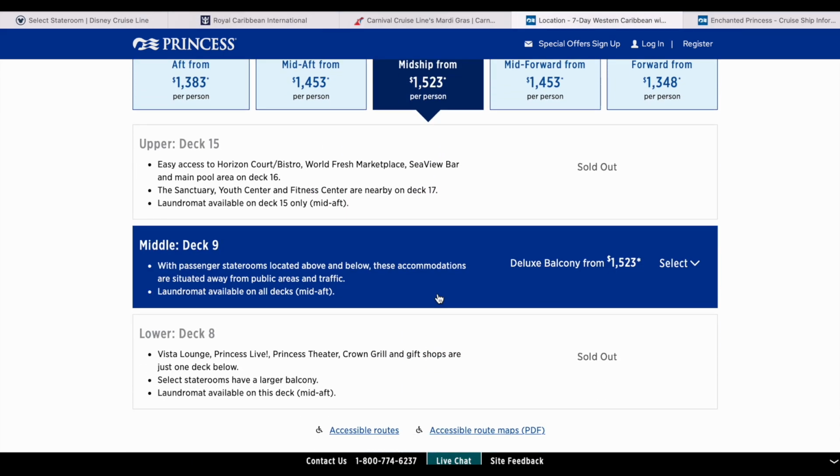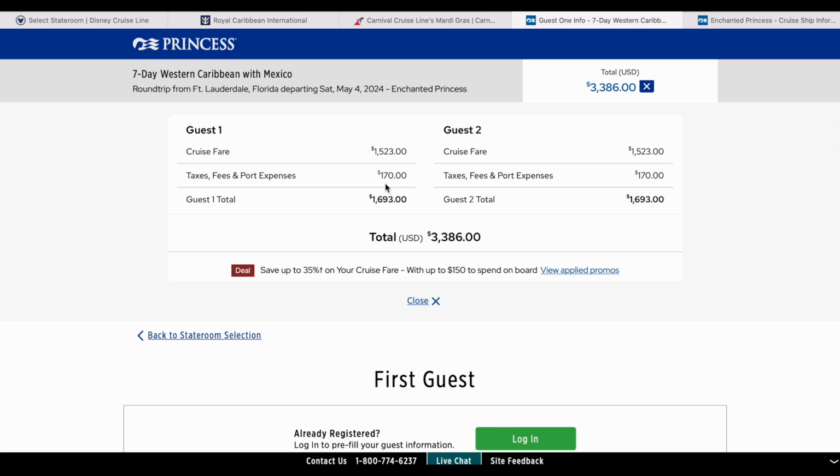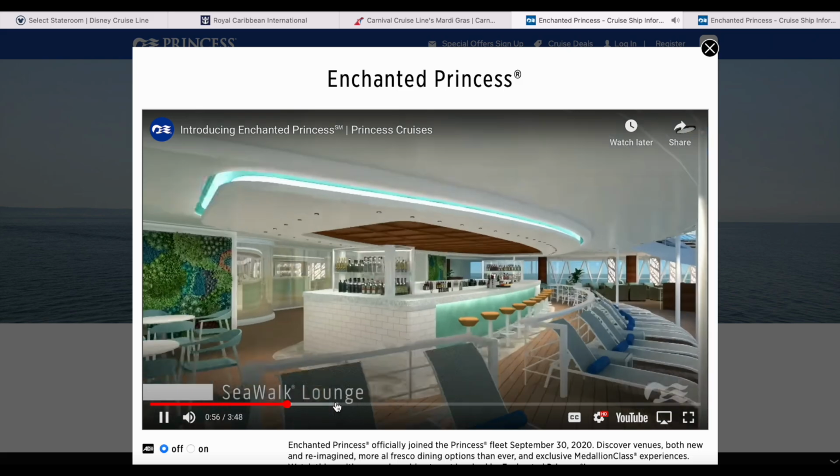The price starts to go up. So the cruise fare is actually $1,500 per person. After the fare is basically $1,700 per person. I would say Princess Cruise is a little bit more expensive, and we actually chose the Enchanted. So let's take a look at the ship. It seems like a